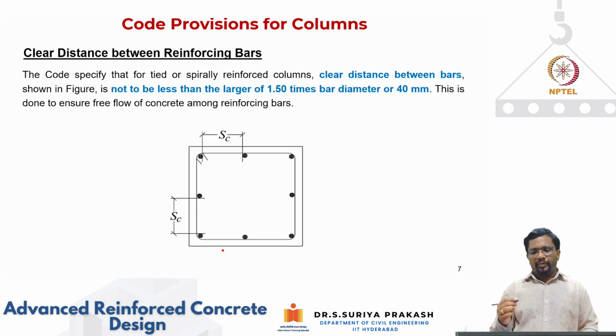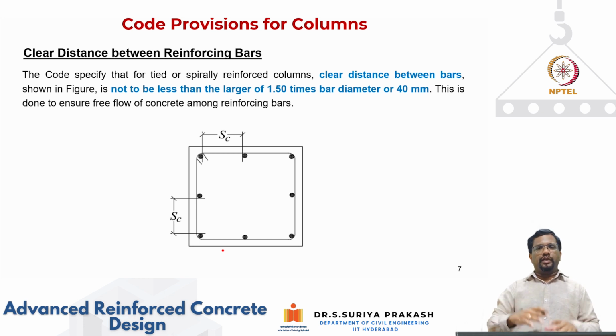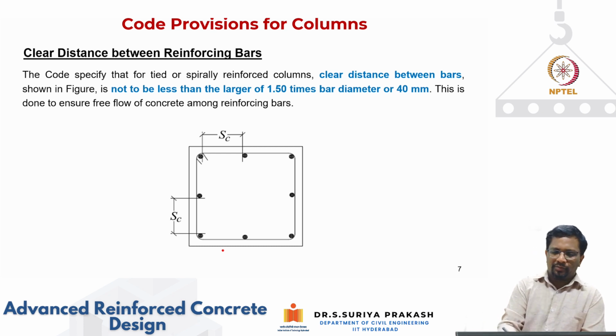This is again mainly coming from the concreting requirement. Let's say I'm using a normal strength concrete with an aggregate size of 20 mm or so. The size of the aggregate itself is 20 mm. So when we do concreting, the aggregate should pass through the steel cage, so that you don't get segregation and honeycombing issues. That is the reason the code is saying that the clear distance between the bars, from here to here, this is SC, which is a clear spacing,